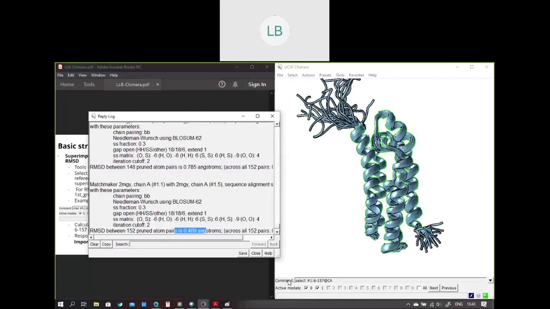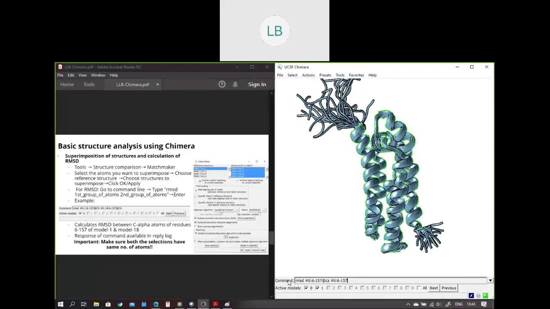The second set of atoms is number 0:62157 @C alpha. Since it's an NMR model, for the first we'll press 0.1 because it's molecule number 0, model number 1. And for the second, we'll press molecule number 0, model number 18. So press C alpha.